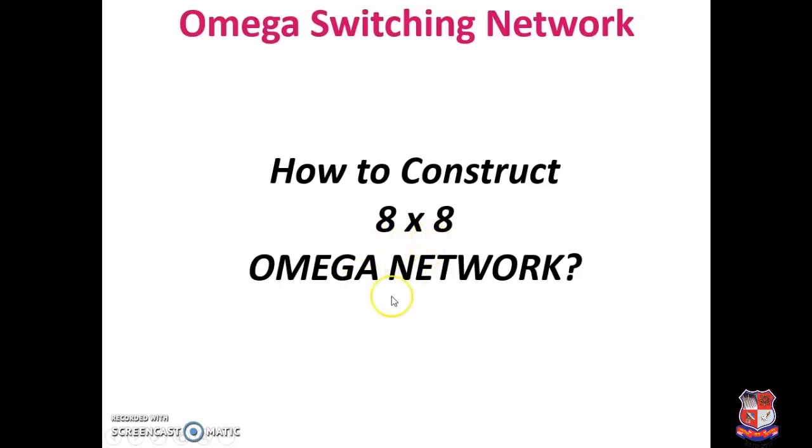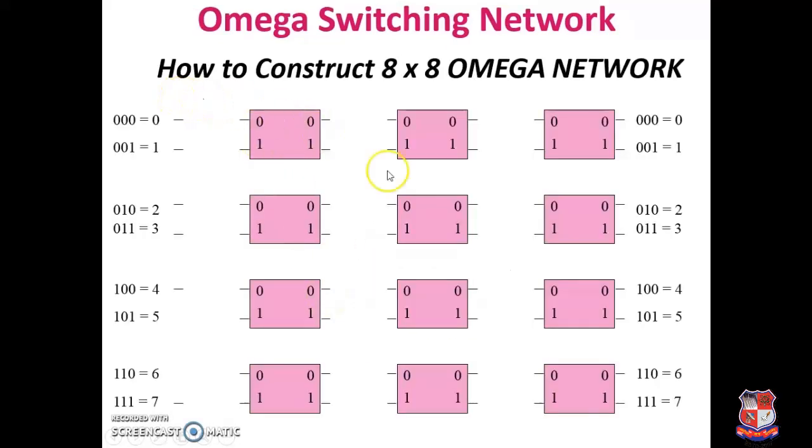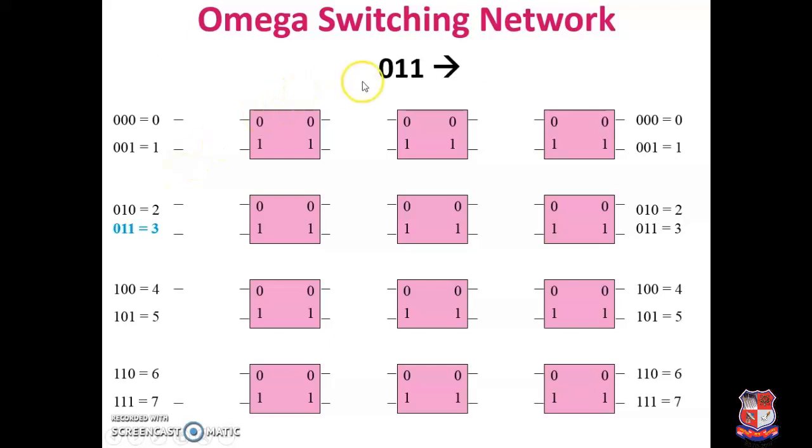How to construct an 8x8 Omega network? So these are all the level switches over here. This is level 1, level 2, and level 3. How can it be created? Now check 011, so 3 is the source, and again 3 is the destination. So how can we construct this network? Now check, the first bit is 011. What happened next? 011 circular left performed becomes 110, so it comes at 110, and it comes over here from 011 to 110.